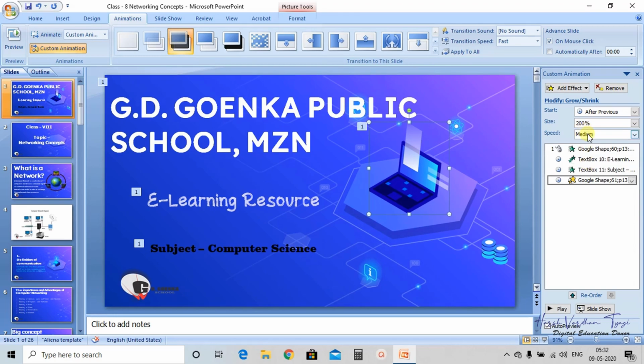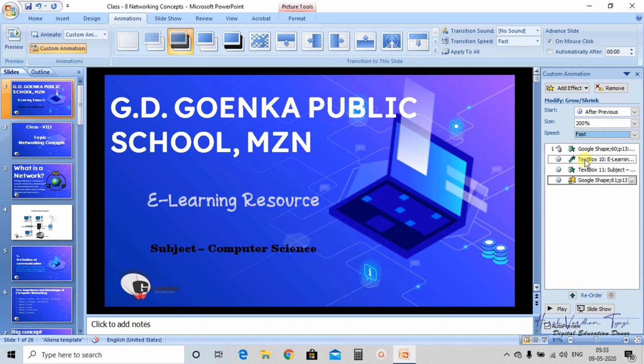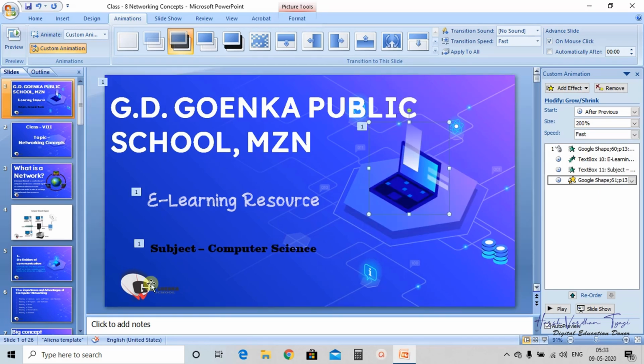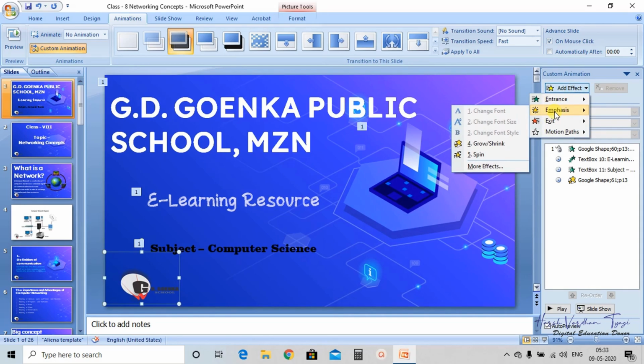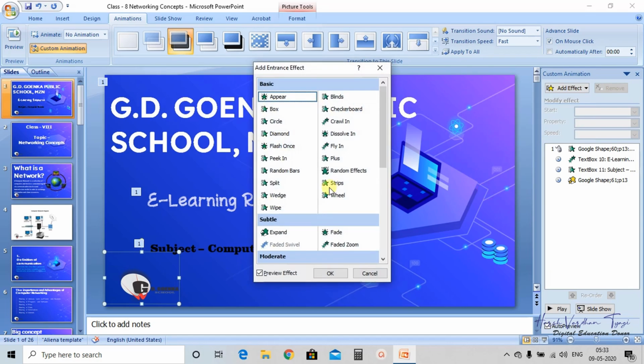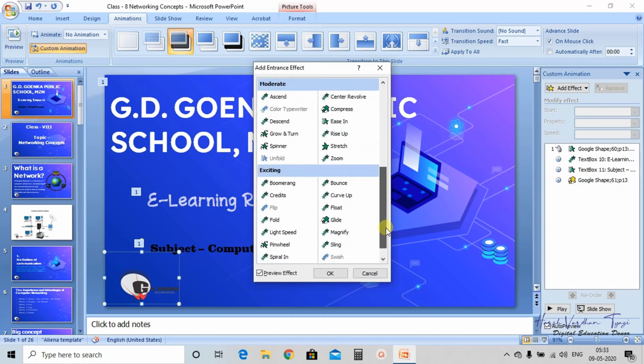Fine, speed a little fast, and then at the last I am selecting this last object on my slide, add effect, emphasize, or let me say entrance. Then there are some more effects also, you can choose.